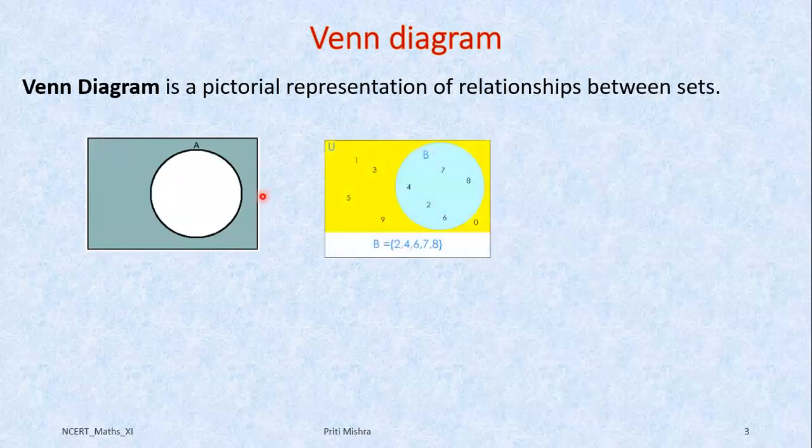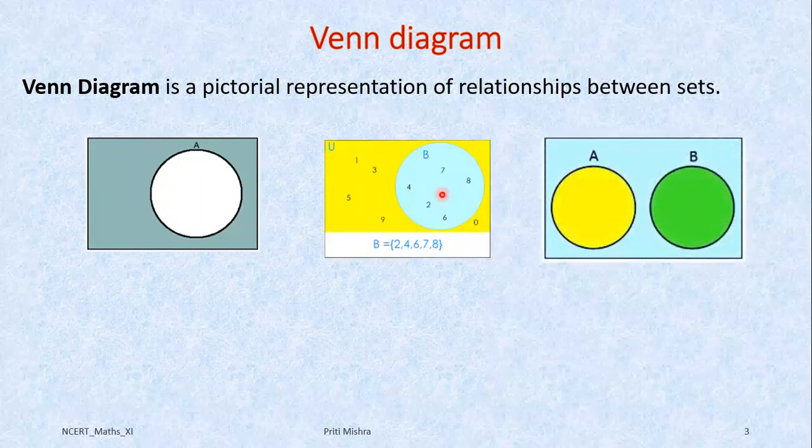Now, here you can see in this picture, you are having a set B consisting of elements 7, 8, 2, 4, 6, and this yellow shaded portion is the set which is U minus B, means all these elements are not a part of set B. B is having only elements 2, 4, 6, 7, 8. So with the help of different colors, we can show a unique set within the universal set, just like this.